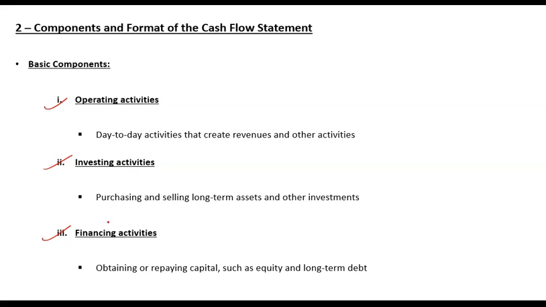Then you have investing activities. For example, if you are making any changes in your long-term asset base, that is recorded in investing activities. If you sell a plant or sell machinery, that is an investing activity. If you purchase machinery or plant or equipment, that is again an investing activity. And the last one is financing activities, which relate to financing your operations or investing activities. That will include raising debt, or raising capital through equity, or any other changes in capital, taking capital, borrowing capital, or paying off capital.